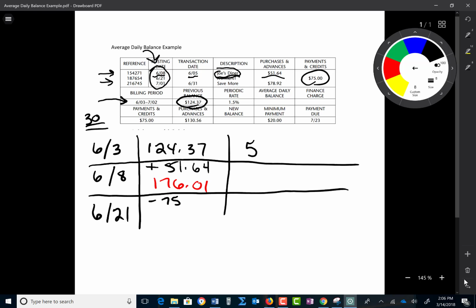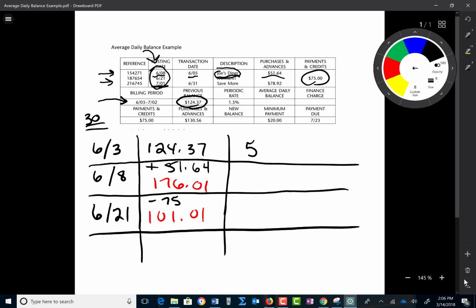It tells me that. So I did owe $176.01. And I take $75 off of it because that's how much I just paid. And now I owe $101.01. And you can see by my transaction list that the next thing that happened was on the 1st, because